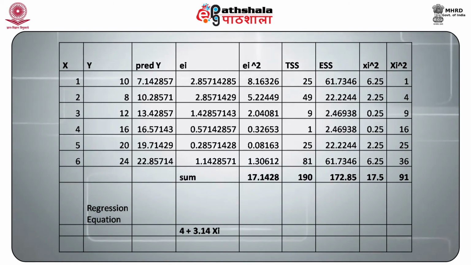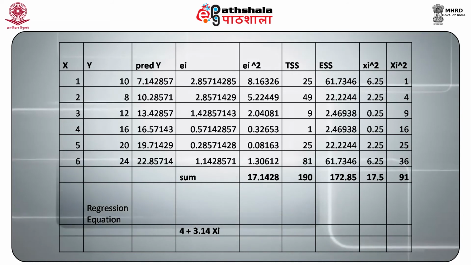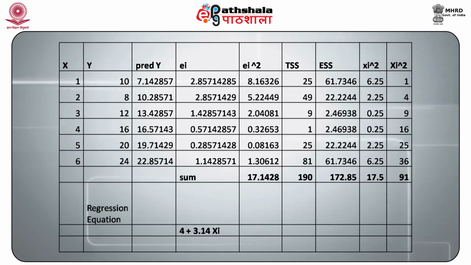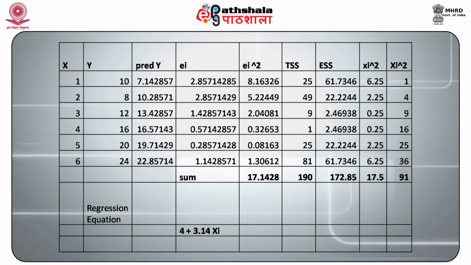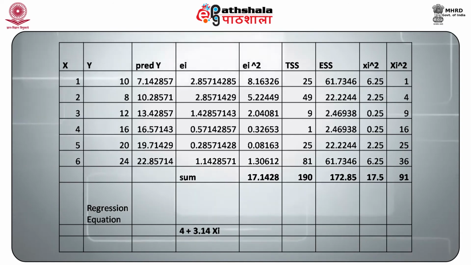Xi is, you can see in the first column from 1 to 6, and if you take x bar, it will come out to be equal to 3.5. So the first cell value is nothing but 1 minus 3.5 whole square. Now this comes out to be equal to 6.25. Similarly, I am sure you can see we have second value which is 2.25, third, fourth, all these values which are, let me again emphasize, nothing but the square of xi minus x bar.